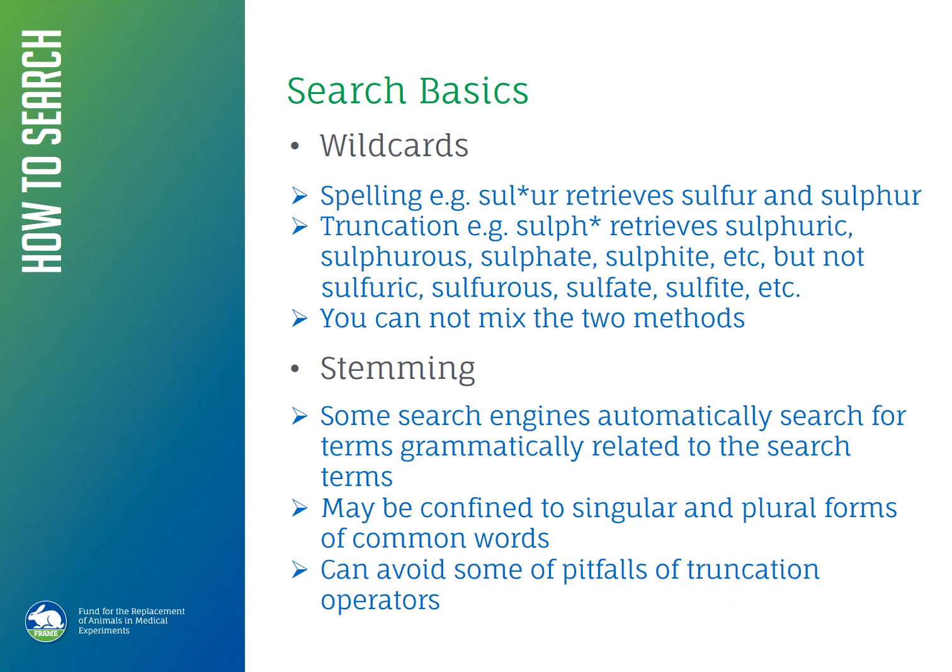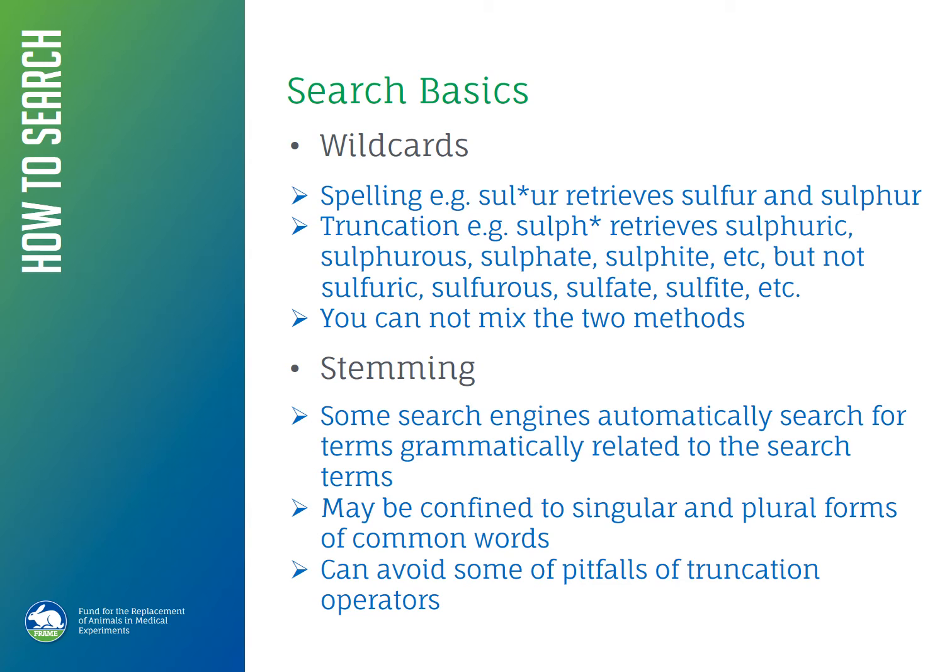These include wildcards. Symbols such as the asterisk may be used in some search engines as a wildcard to signify one or more characters. This can be a very useful way of including different ways of spelling a word without having to input both versions. For example, spelling the word